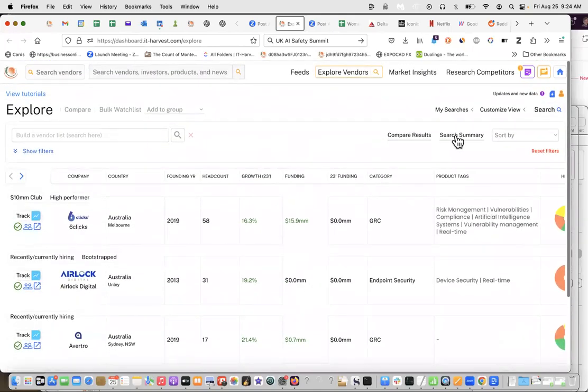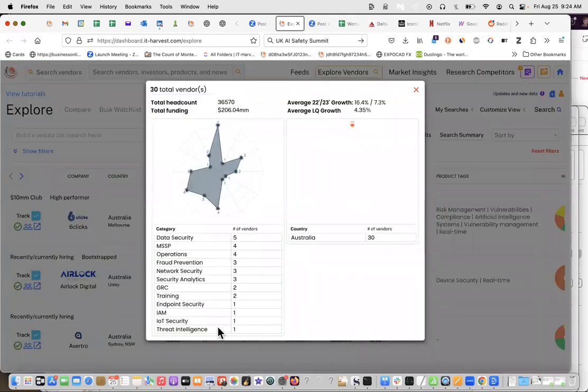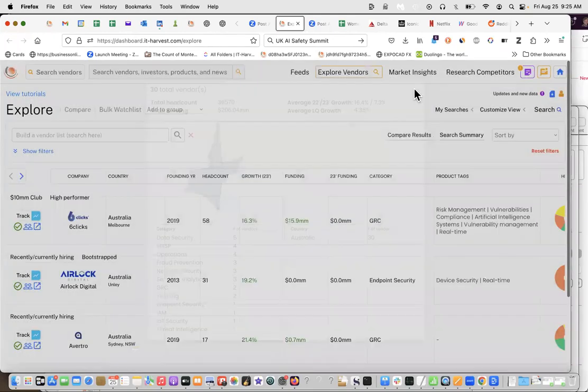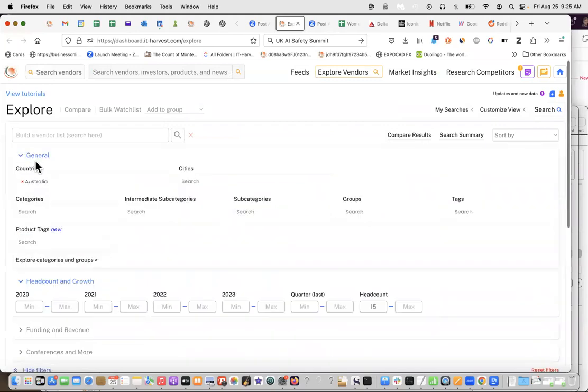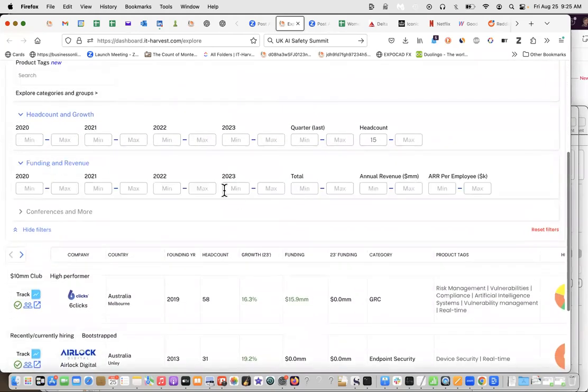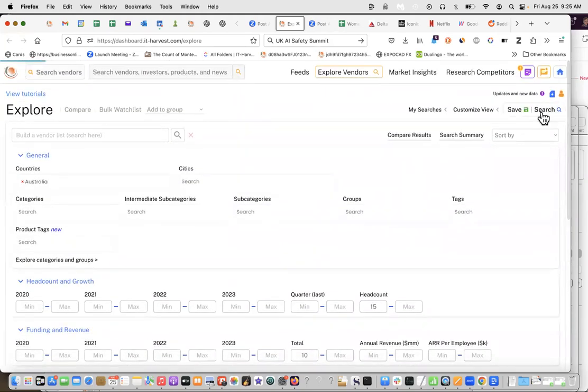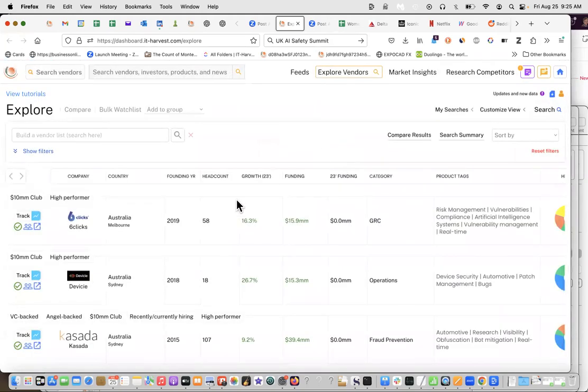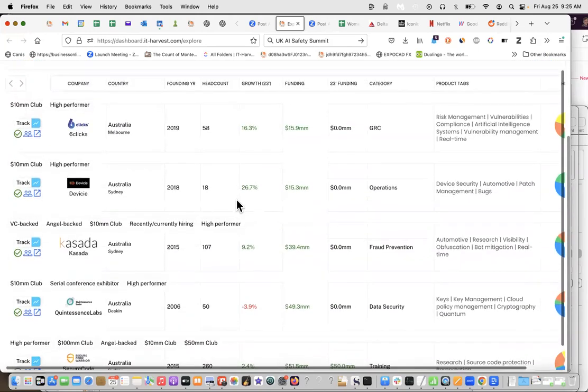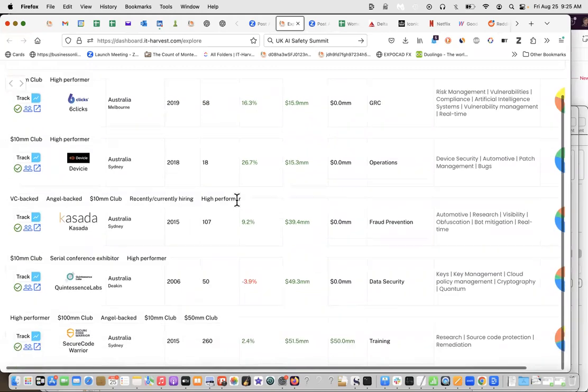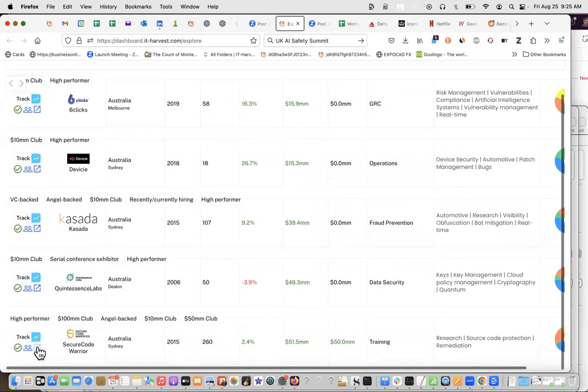So you can check that, and then you just get the summary of how they're distributed across those categories. Australia has pretty good representation against all the categories, except maybe deception, not there. But 30 have more than 15 people in them. And then you can go on to say, well, we're also interested in those that have received at least 10 million in funding over their lifetime, and add that additional filter and immediately get to those. So when you're looking, and there's only these 6 or 7 vendors,